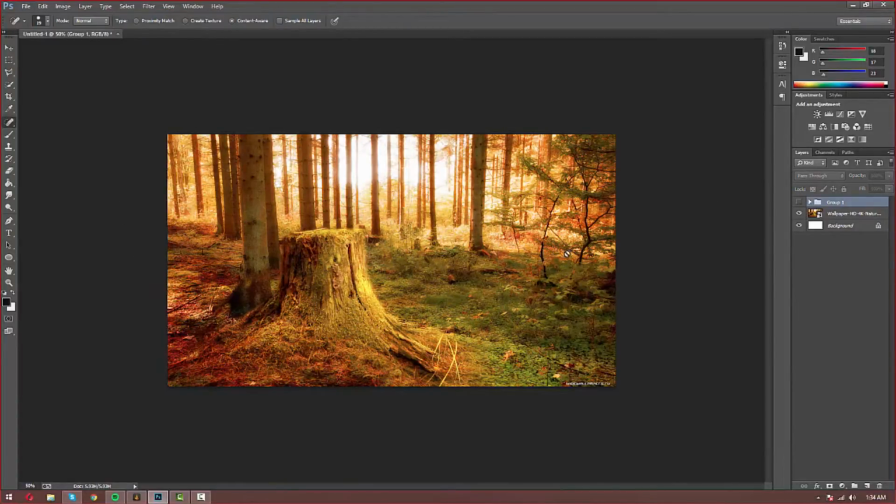But this is just how to make CCs in Photoshop, like your own custom CCs, so you don't have to just go download someone's pack and try to find CCs from other people. You can just make your own on the spot. Because I found that